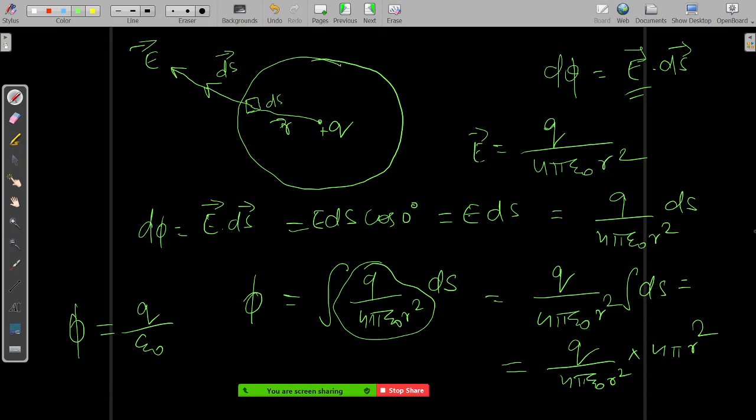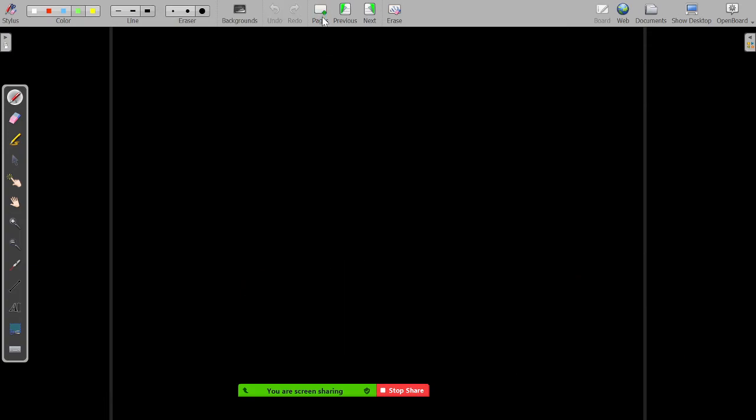Gauss law also says that the total flux by the resultant electric field through a closed surface will be equal to Q internal by epsilon naught. We'll come to that. So this particular thing also proves the Gauss law. Now we'll see what a solid angle means.